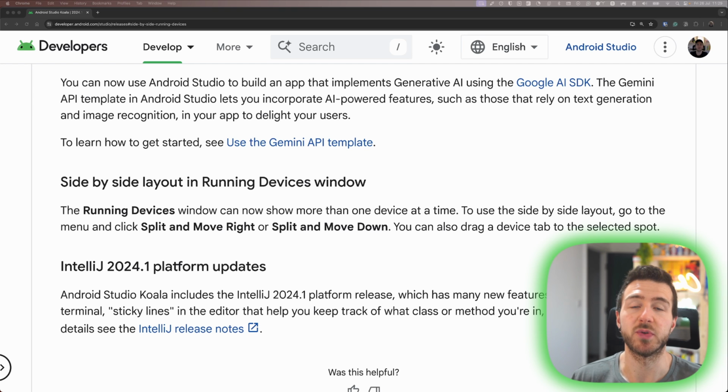Before the release, to have a side-by-side emulator, the only way was to not have the emulator running inside Android Studio, but having them run as a separate application, or having an external tool mirroring windows, such as scrcpy, which allows you to mirror a physical device on the screen of your computer. But with this, you needed a physical device and an emulator. So the only real way to have two emulators running side by side was to have them not running in